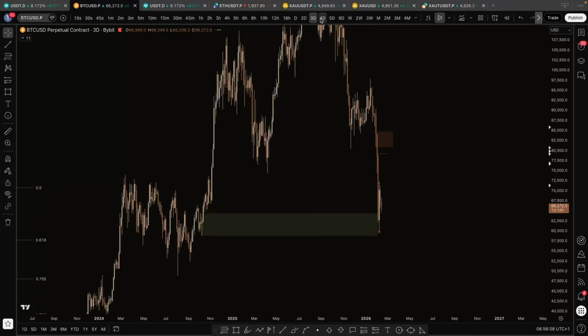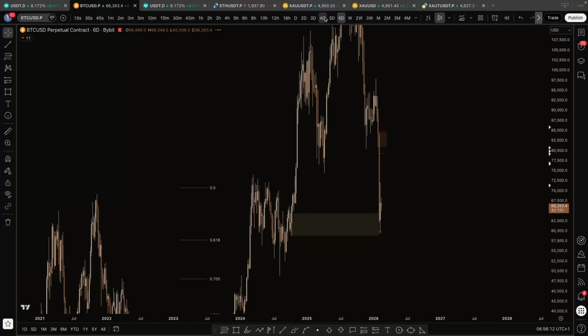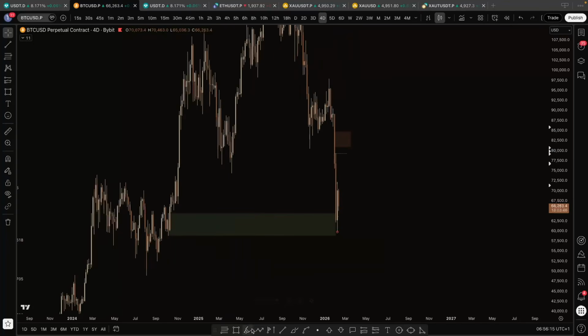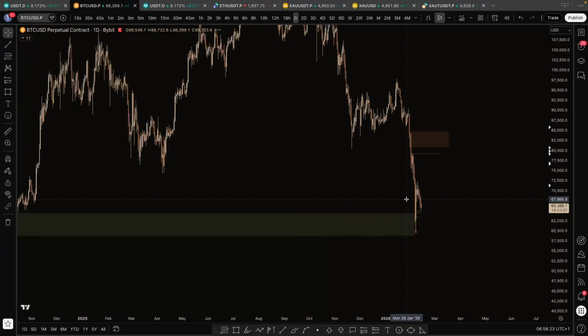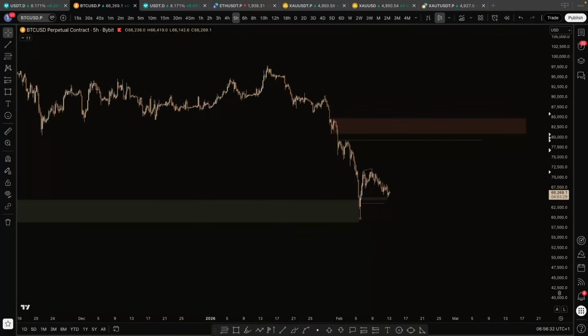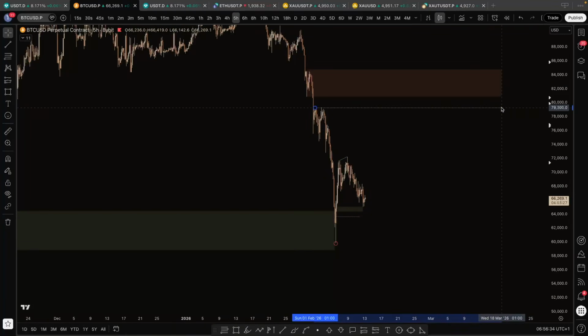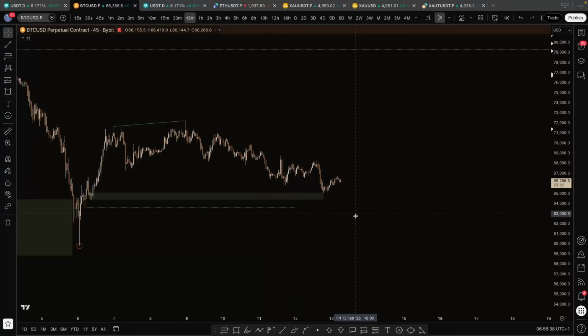Let's see if we can find a breaker while doing this video, and I cannot. When I'm looking to find a breaker, I'm looking at an area like this, and then it breaks, but I can't because there's no fair value gap right there. So I cannot find a breaker. Let's go into the lower time frame already and see if we can get some POIs, some points of interest for us to trade today.